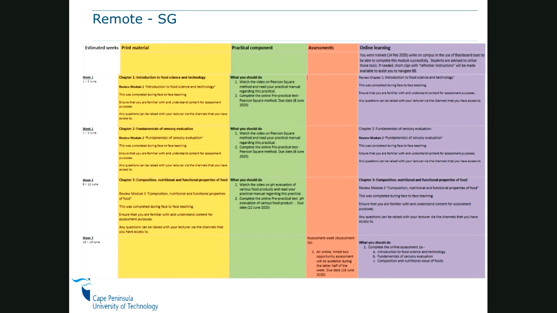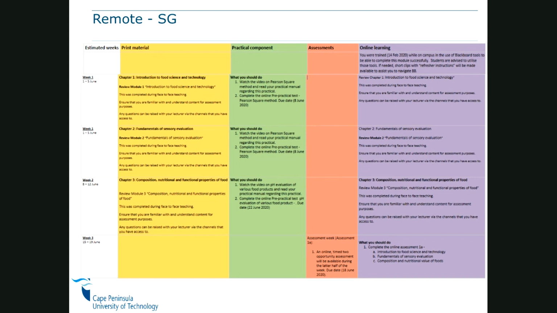So we as lecturers are also cognizant of the fact that not everybody has a device or a laptop or a cell phone or a smartphone or a tablet. And other people, as we can see now, are struggling with internet. So we will have two tracks or two modes of learning. We'll have what we call the print-based material, and then we will have the online material. These are two tracks that will go concurrently.